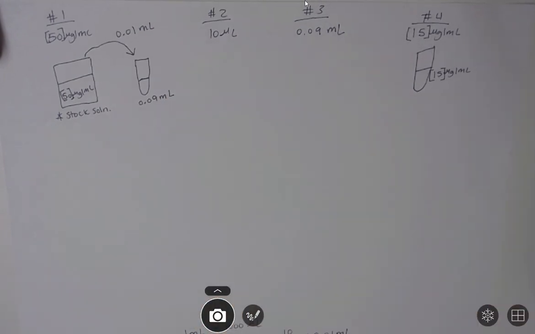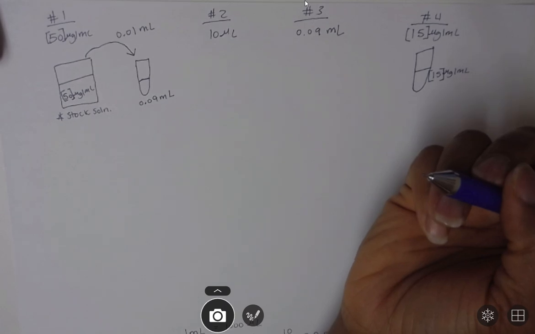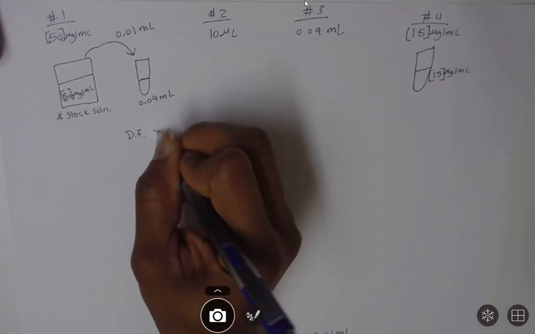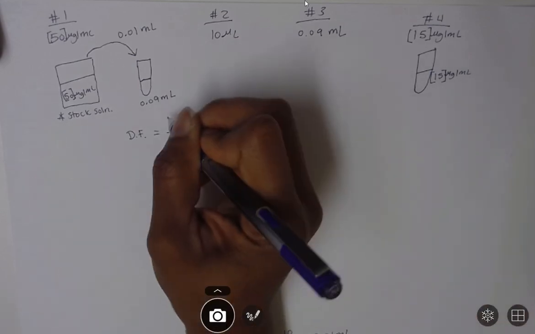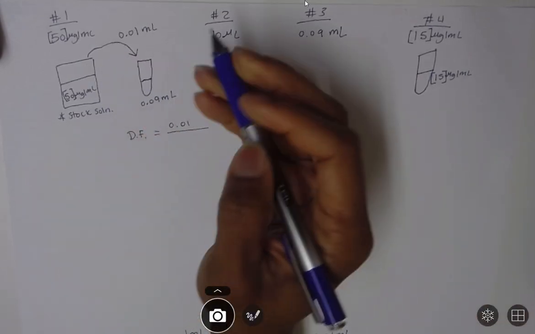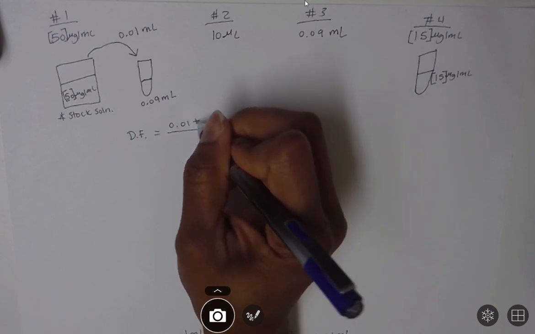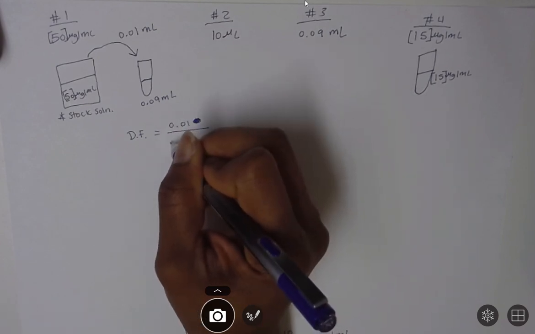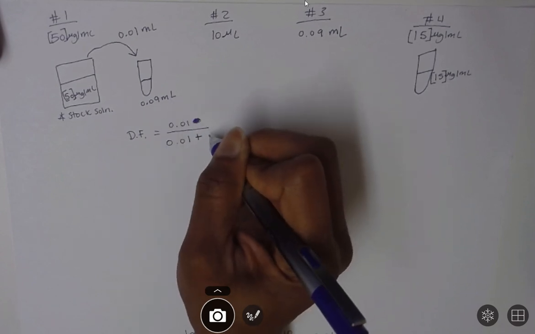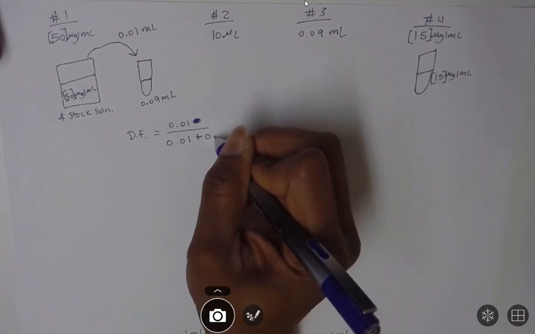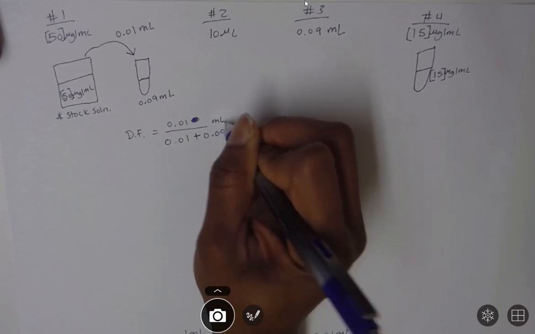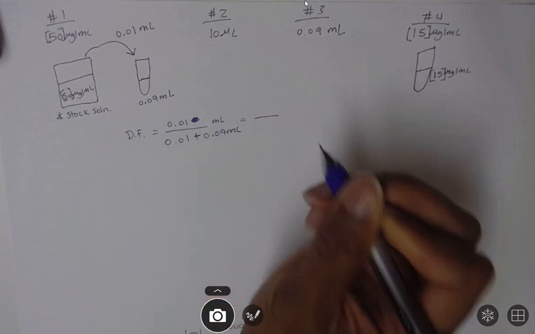Okay, so there's no reason for me to change or do any other conversions. Let's figure out my dilution factor. My dilution factor equation should be 0.01, which is the amount I'm pulling over from my stock solution, plus nothing, over 0.01 plus what's already in there to get the total amount, 0.09 milliliters. And this is also milliliters. And this should give me,